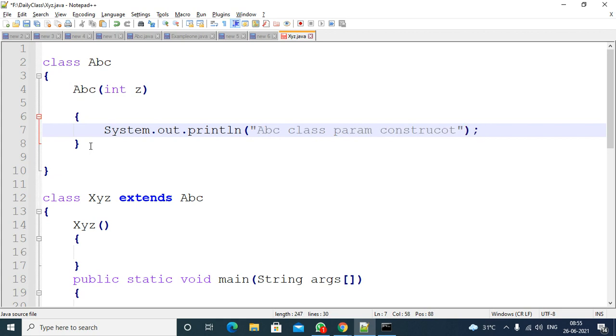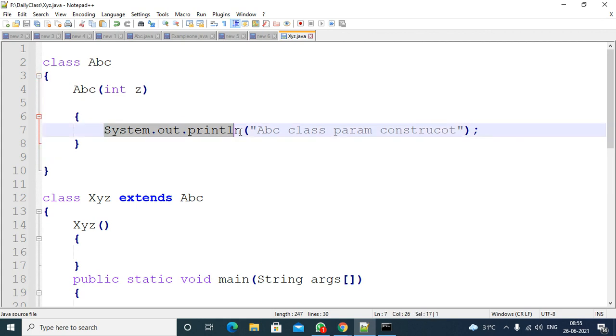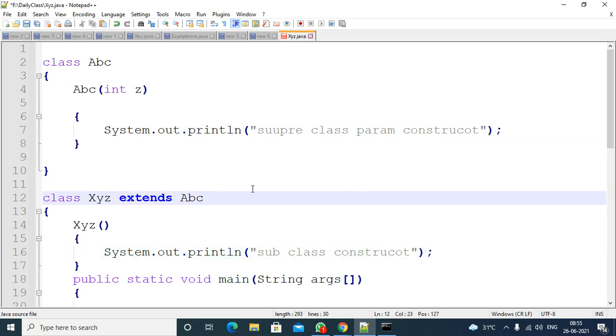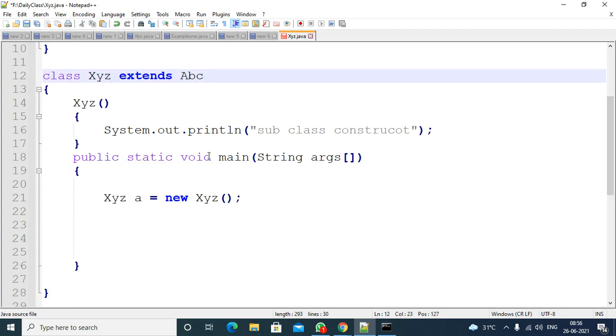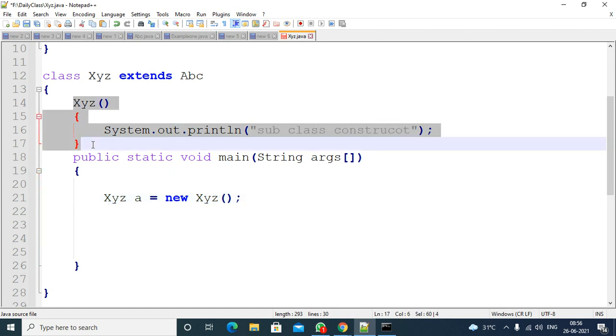The other one below is the default constructor of the subclass. See here. So in the main method, you are creating an object of the xyz class. That means without passing any parameters, it will call this constructor.